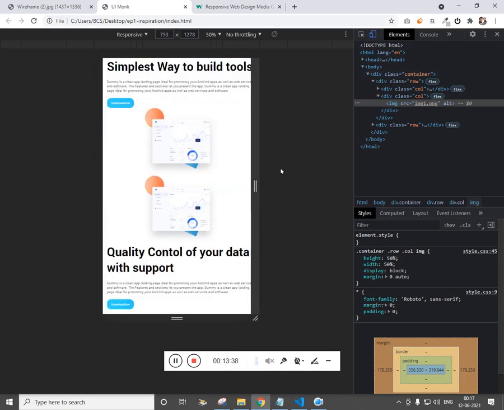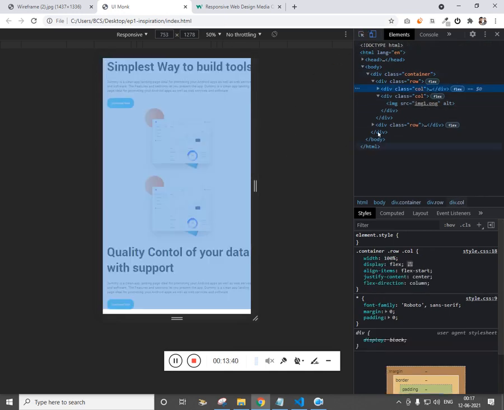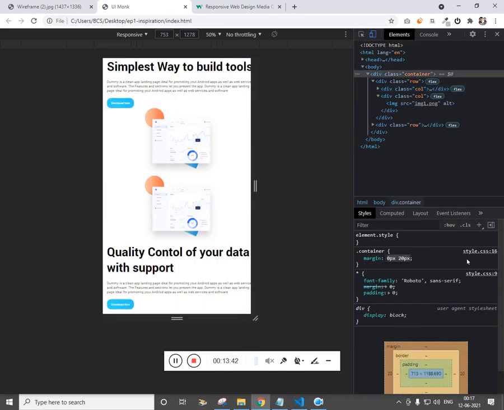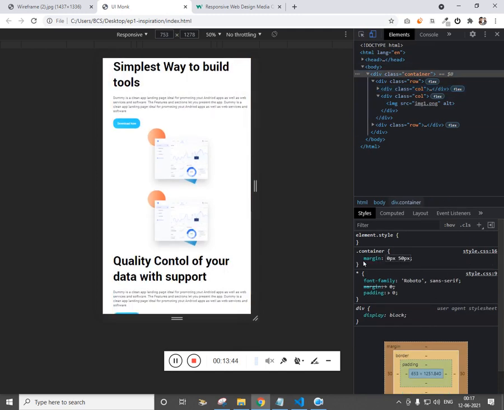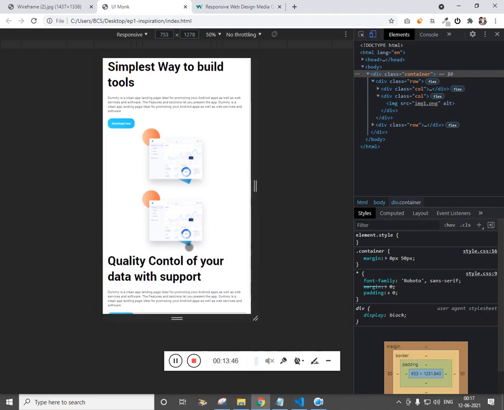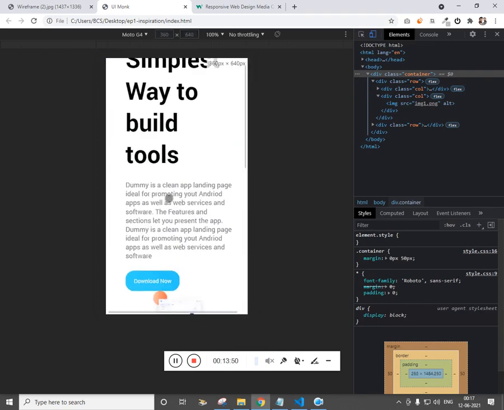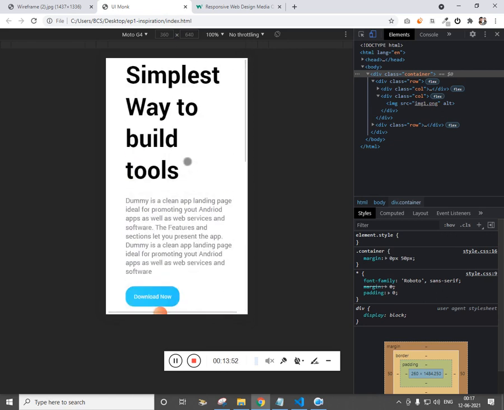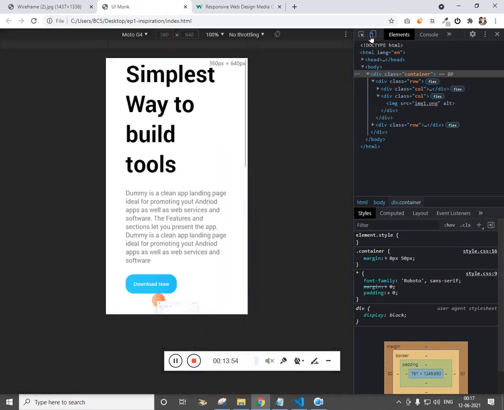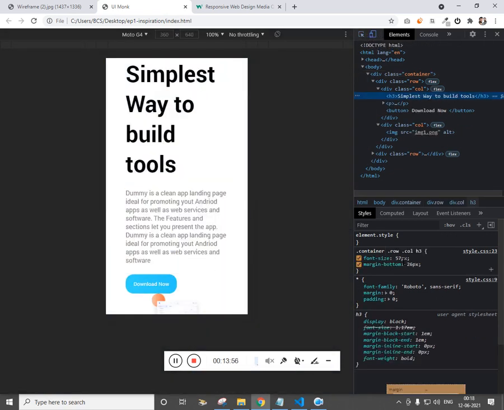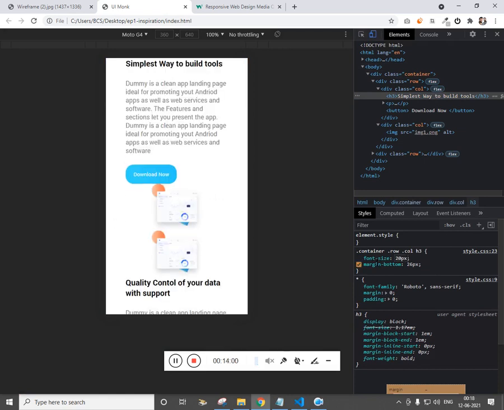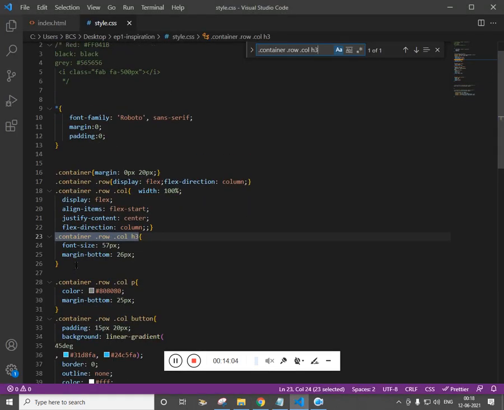Now in this case, what we need is, let's try to give margin. Select a device too big. We need to make this smaller, like 20. So for mobile it should be 20.